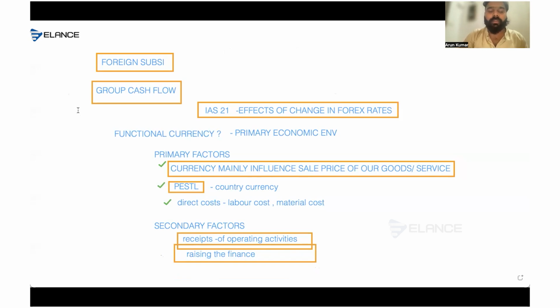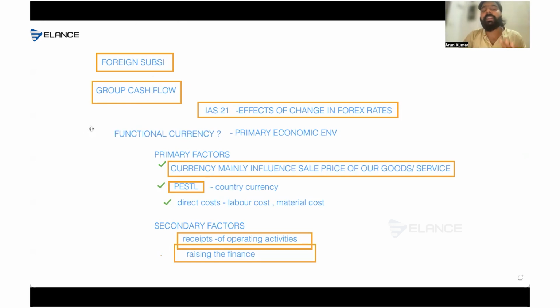So whenever you are asked to calculate the goodwill of a foreign subsidiary company, how will you calculate it? So functional currency will be identified, and initially you will be calculating the goodwill of our company according to the